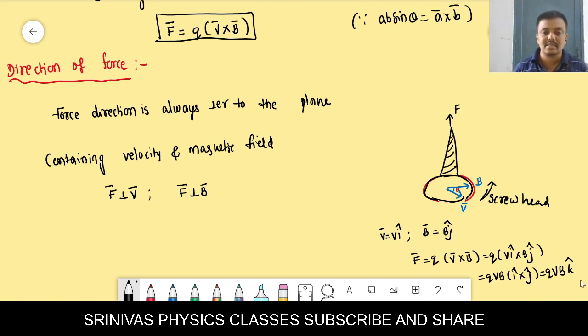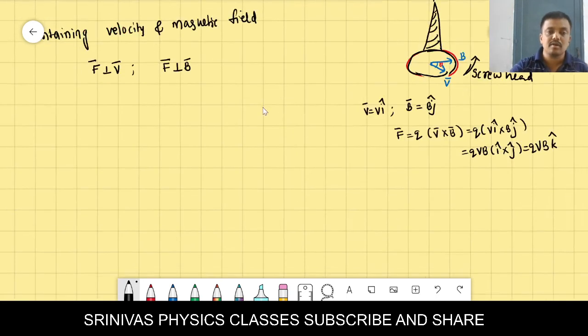You see, the force direction is the z-axis, the velocity direction is the x-axis, and the z-axis is always perpendicular to the x-axis. The force direction is along the z-axis, the magnetic field direction is along the y-axis. That means the z-axis is always perpendicular to the y-axis. The force is always perpendicular to the magnetic field, perpendicular to the velocity, and perpendicular to both. You can also see the head and screw advancement, that on the head, velocity and field are there. Then by that also we can say that the force is always perpendicular to the plane that contains the velocity and magnetic field. This is the direction of the force on a charge in a uniform magnetic field. Let's go for a few cases in this.